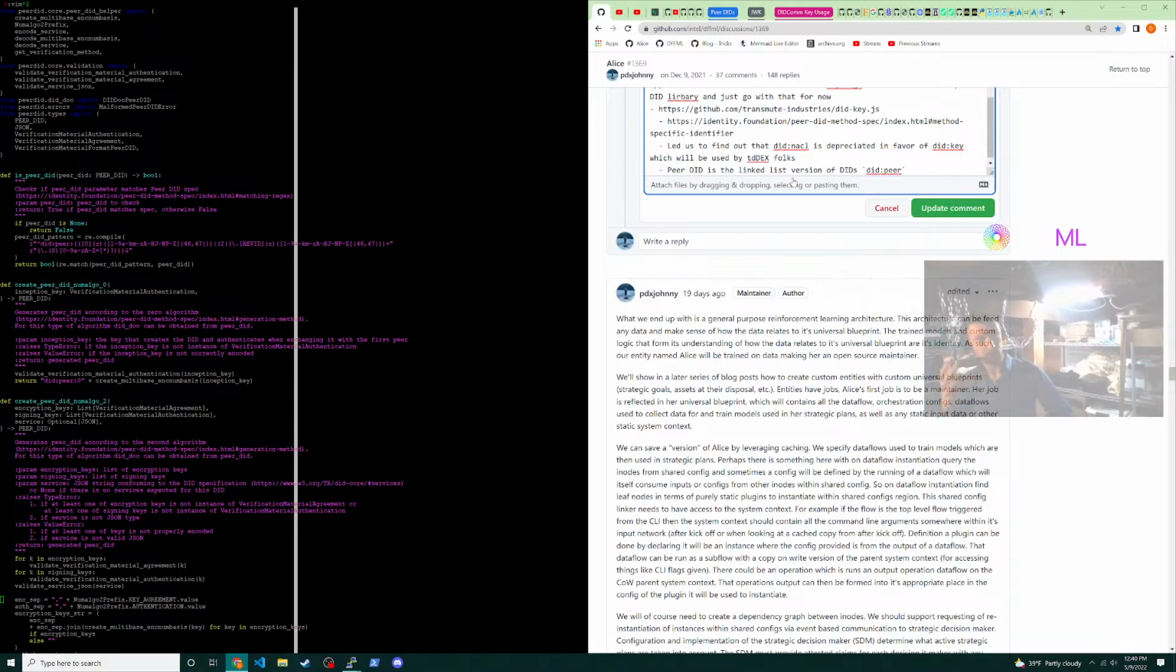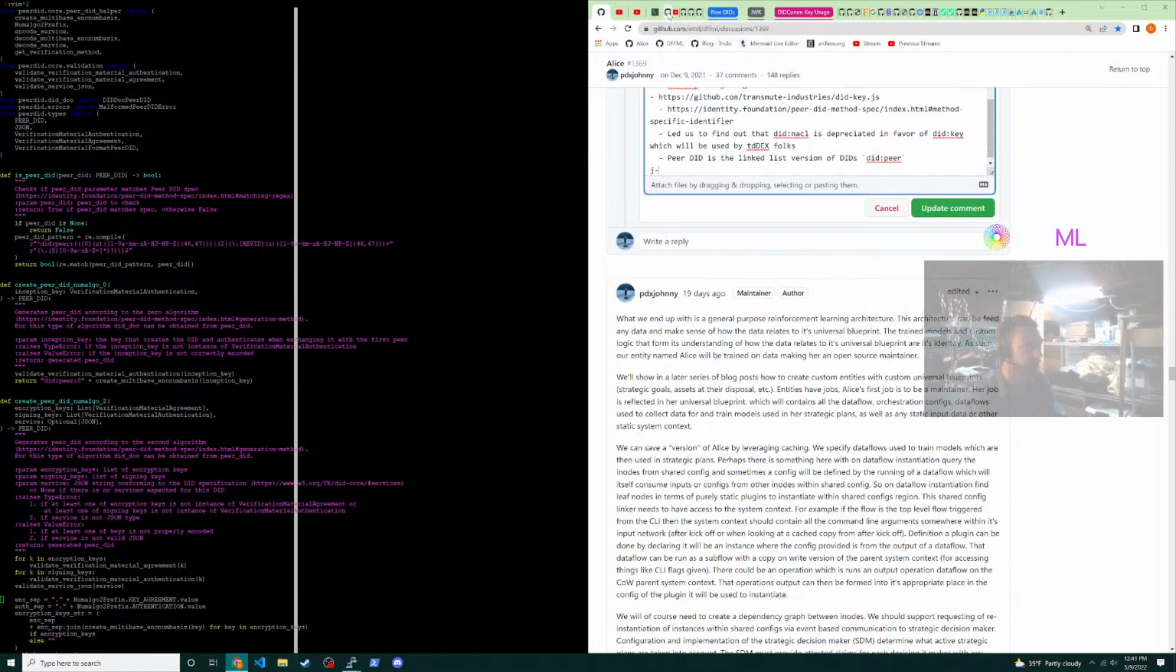So DID, this is a distributed identifier. What namespace does it exist in? How do you interpret the format? So this is a manifest. So this DID, a DID itself is a manifest. It tells us